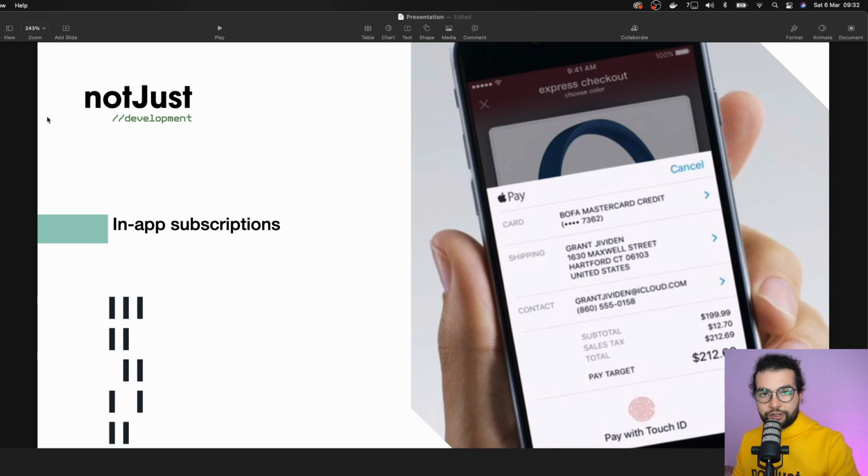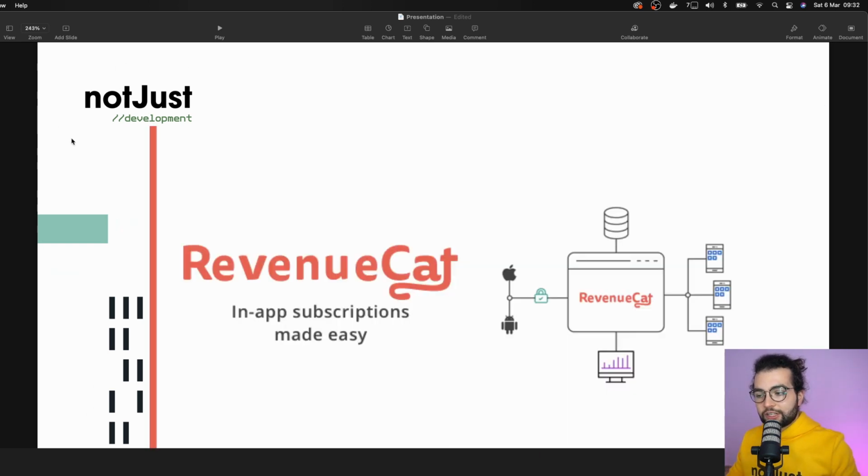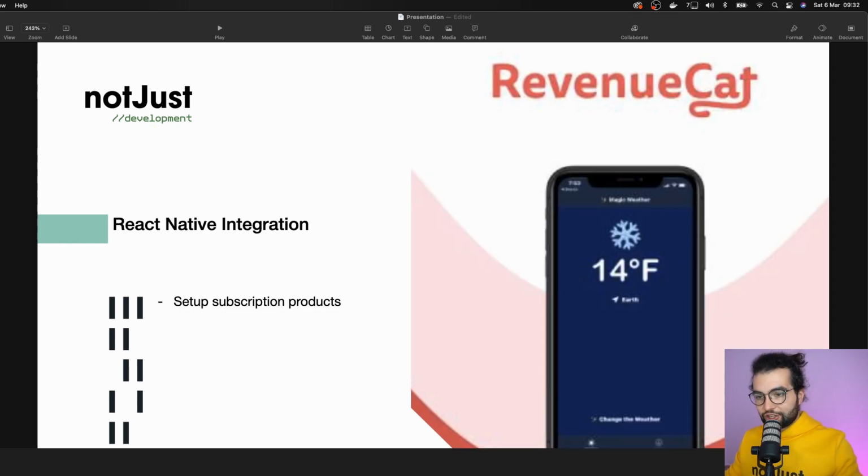And we'll start with speaking about in-app subscriptions, what are they, how we can use them to monetize our application. Then we're going to speak about what is RevenueCat and how does RevenueCat help us integrate easily and monitor our in-app subscriptions. Then, because we are a project-based learning channel, we are gonna show you how you can integrate RevenueCat